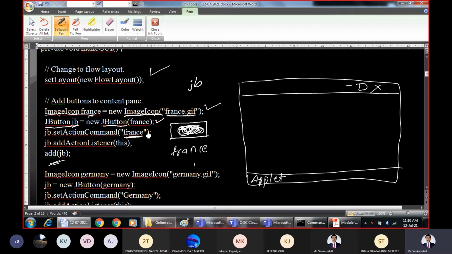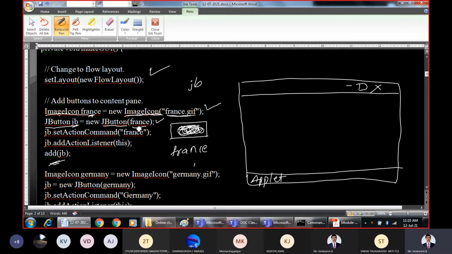Not a string, one second. Here, in this line, we are passing the icon as the parameter.